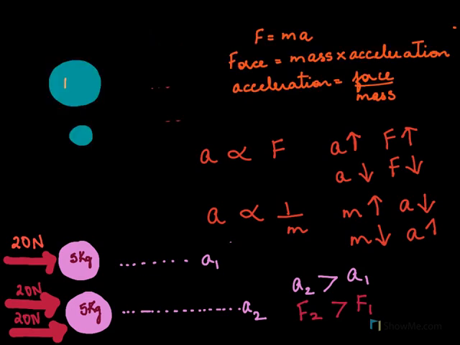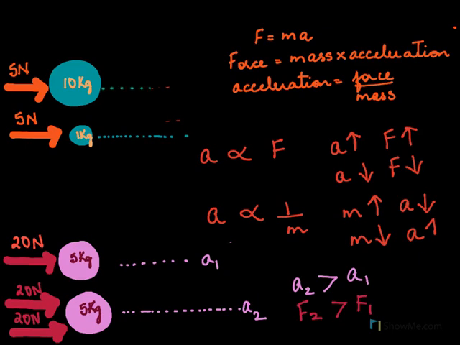Here's another example. I have a body with, say, 10 kgs mass, and here I have a much smaller body with 1 kg mass. However, to both these bodies, I am applying an equal force of, say, 5 newtons. I apply 5 newtons here, and here also 5 newtons. What do you expect? Definitely this body will move much faster. However, this body will go slowly because it has got more mass. So if A1 is the acceleration of the first body and A2 is the acceleration of the second body, you will agree that A2 will be greater than A1